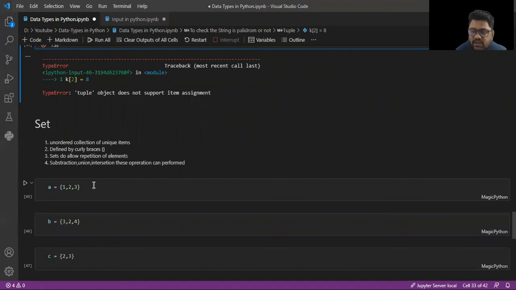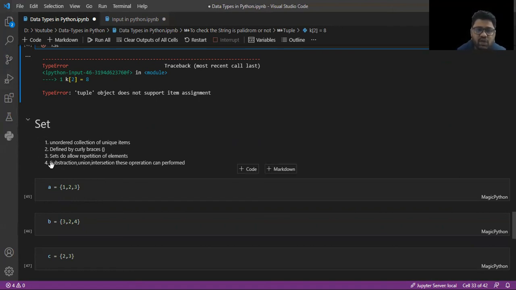You might have learned set theory in your 9th or 10th mathematics. The operations which we apply on sets, we can apply in this Python data type as well.